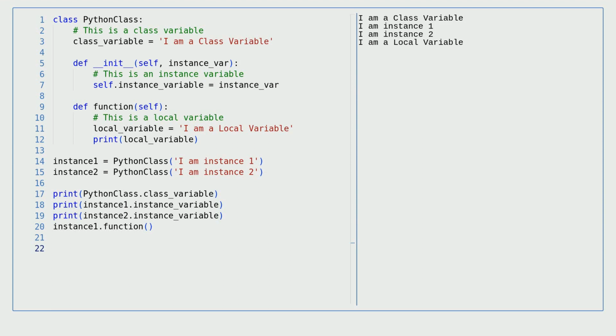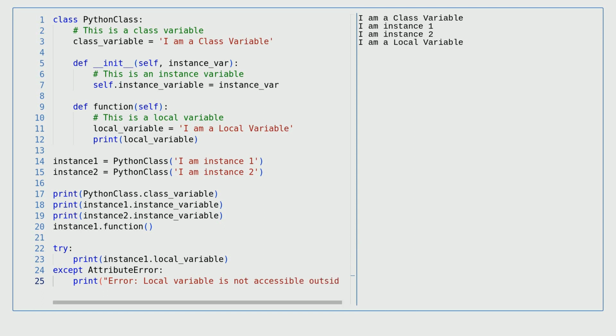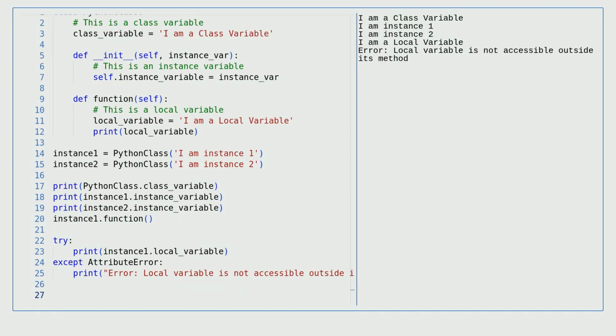Let's see another example that shows what happens when we try to access a local variable outside its method. As expected, we got an attribute error. That's because the local variable only exists within the scope of the method it's defined in and can't be accessed